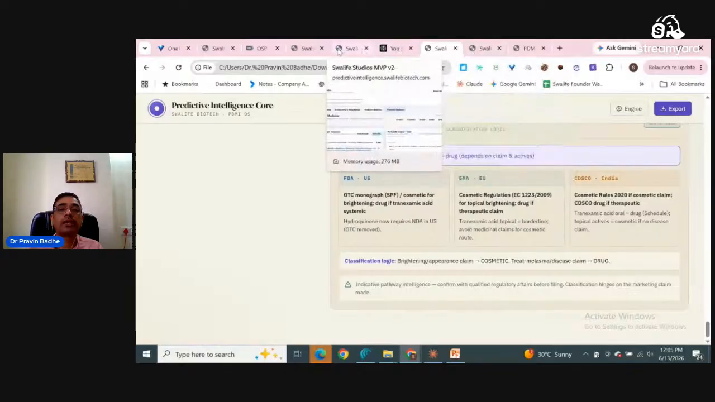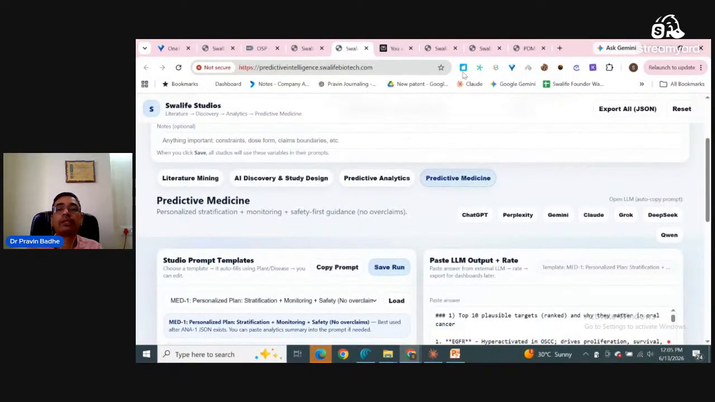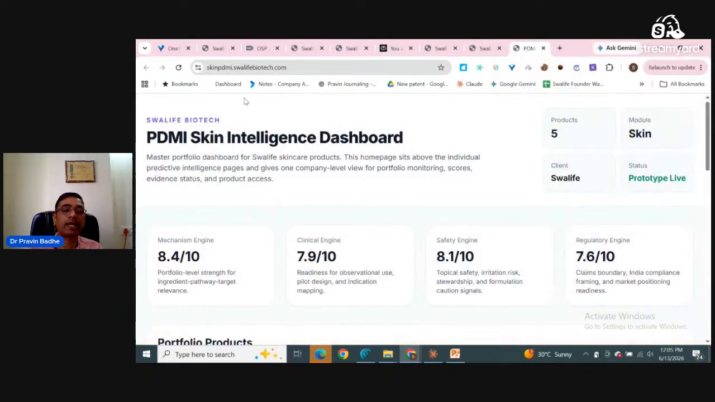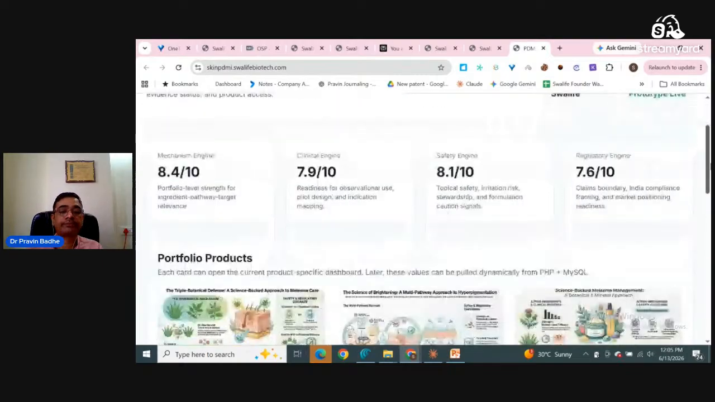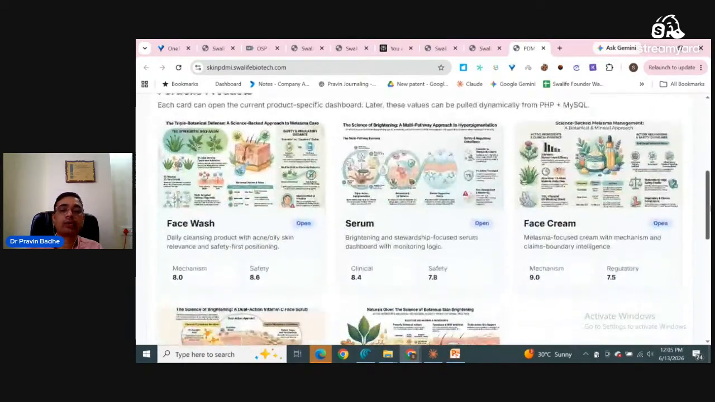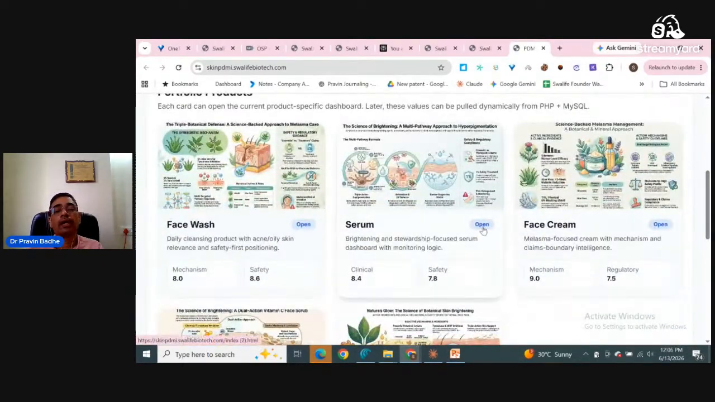Now, with the help of this manual one, I told you that we already have our own product done with the manual one, and this is for our skincare portfolio. This is the outcome which you will be getting. And for the serum, I will show you. If you open the serum